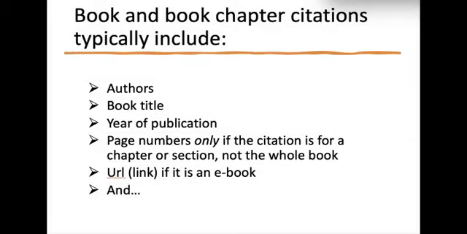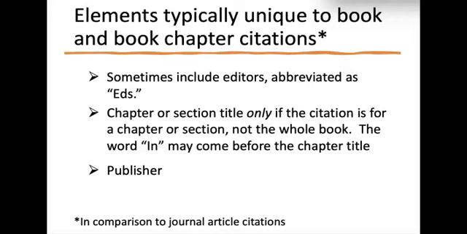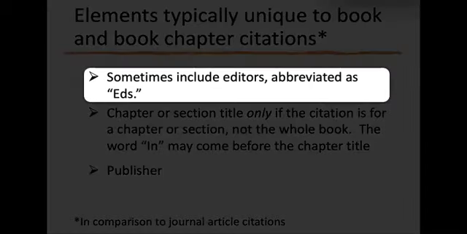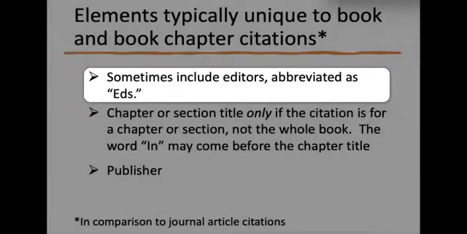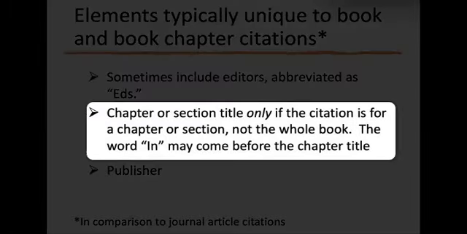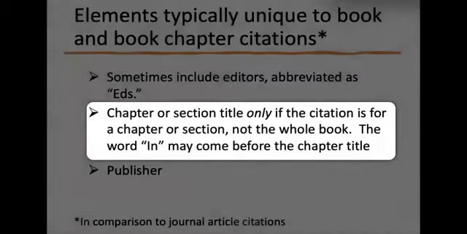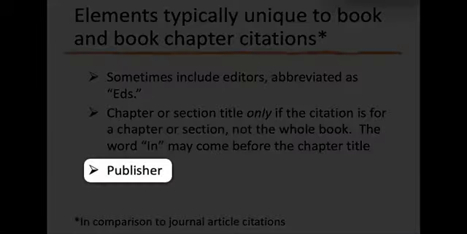Elements typically unique to books and chapters in comparison to journal articles are on the 6th slide. Those unique elements are sometimes editors, abbreviated as capital EDS period, chapter or section title only if the citation is for a chapter or section and not the whole book, and the publisher, which is not included in journal article